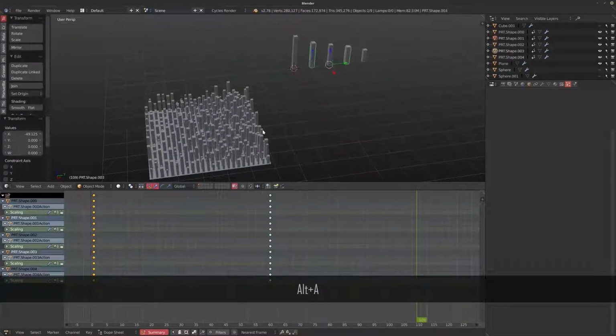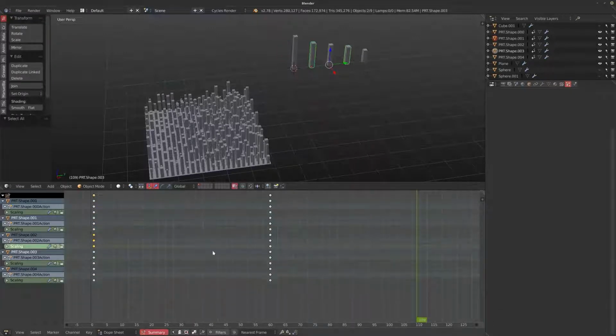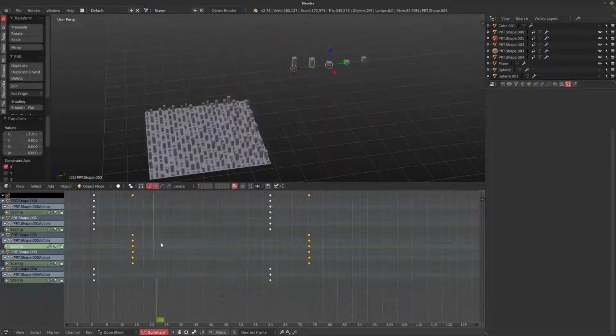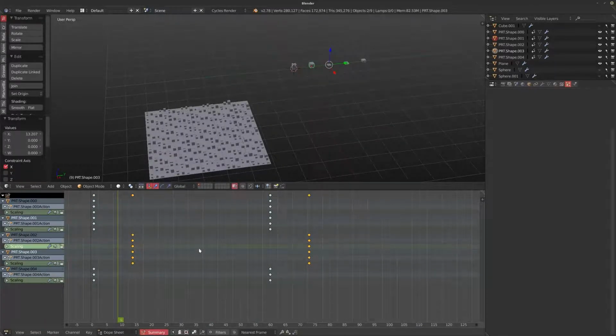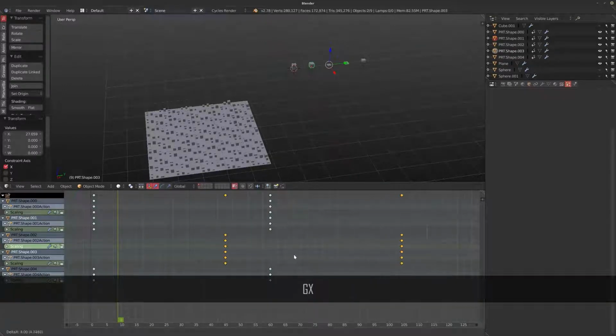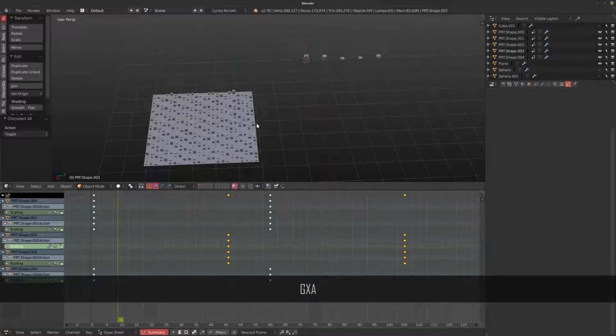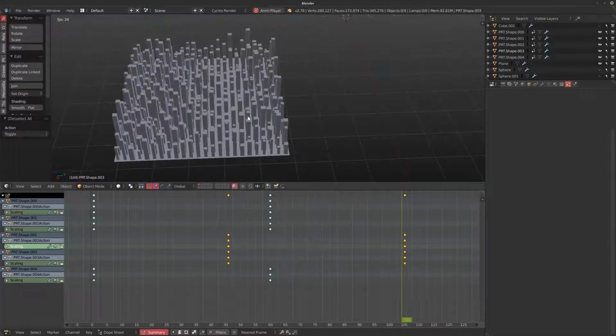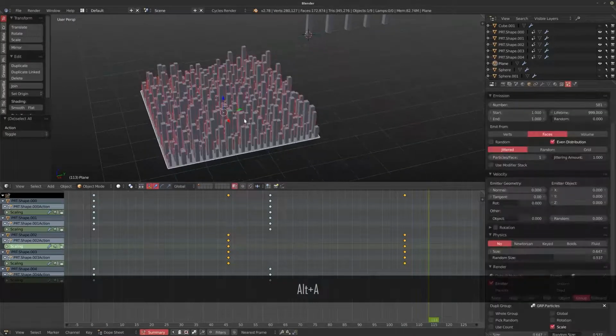Let's say you grab these two and you'll offset the scale just a little bit. So which one is this? That one, and let's say this one and that one. If you offset them a little bit, then you'll have different particles, and offset them to an extreme degree so you can actually see what's going on a lot clearer. Now you'll see there's a lot of particles popping up, and then there's a secondary set that's popping up as well. So you can just keep layering the detail on this.